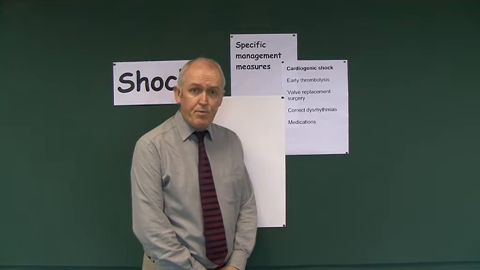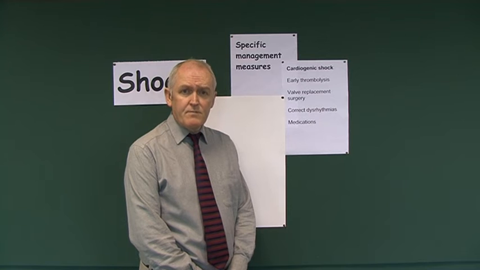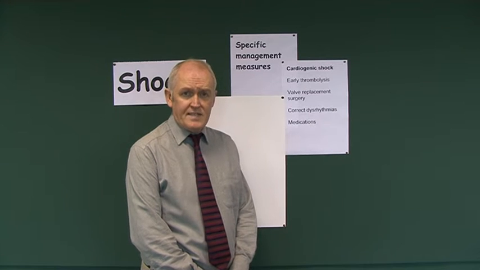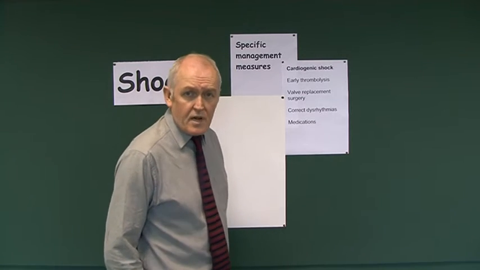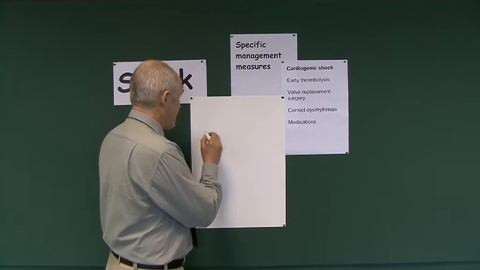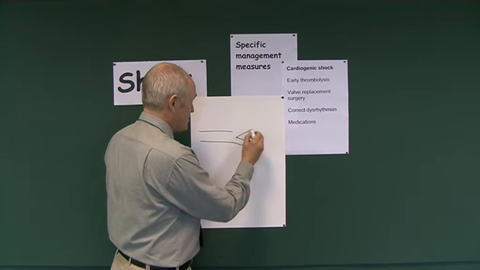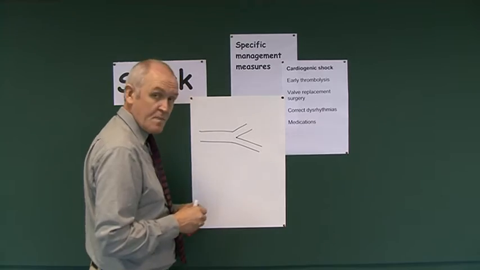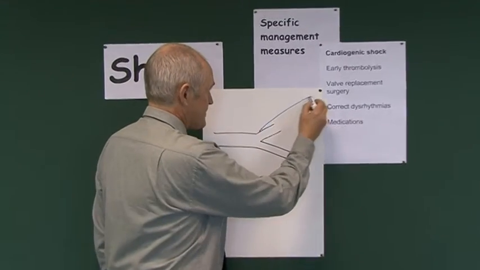Cardiogenic shock is pump failure shock, and a common cause of this is that part of the myocardium becomes infarcted as a result of a coronary thrombosis. So let's think about this in terms of the coronary arterial perfusion of the myocardium. And if we do this same sort of diagram that we do many times with an arterial branch dividing into smaller arterial branches, and then this could be an area of myocardium here,